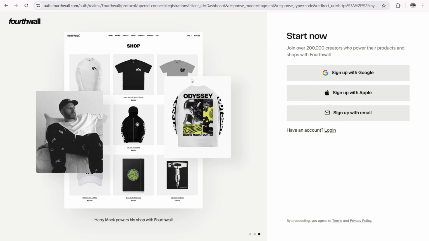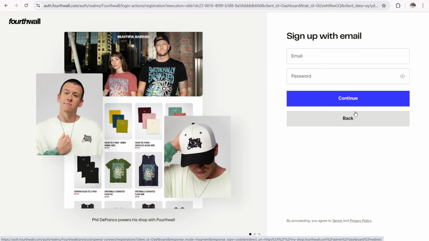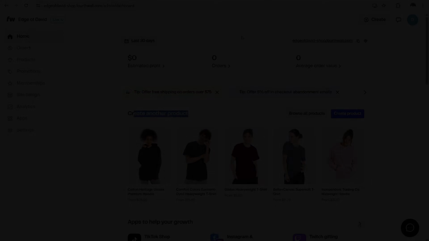And next, just follow the on-screen instructions to create your free Fourthwall account. So you can sign up with Google or Apple or sign up with an email. I'm going to go ahead and click on sign up with email over here. Then enter in your email password and click on continue. Welcome to your